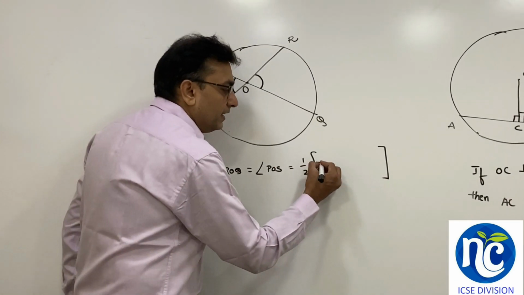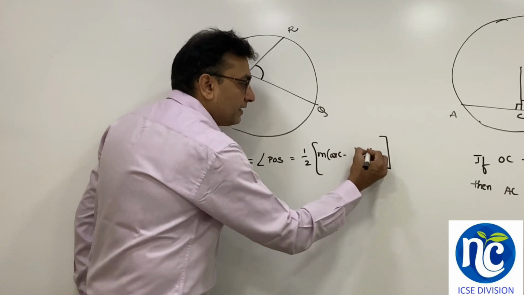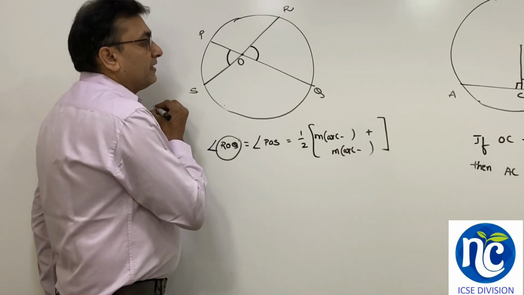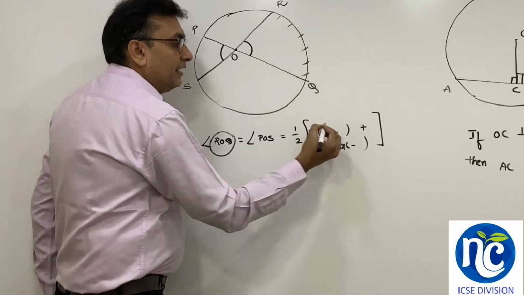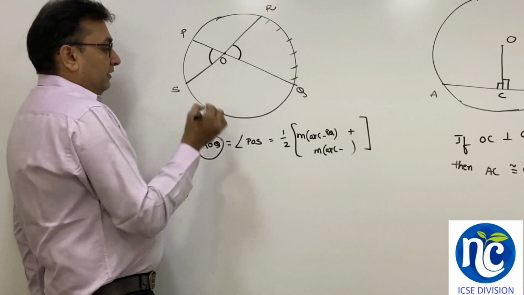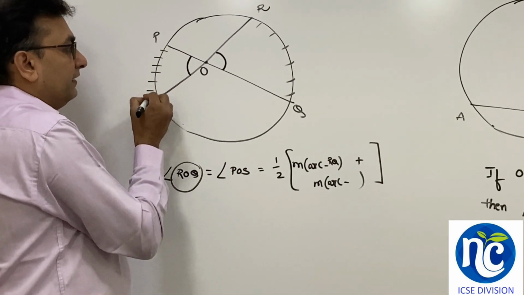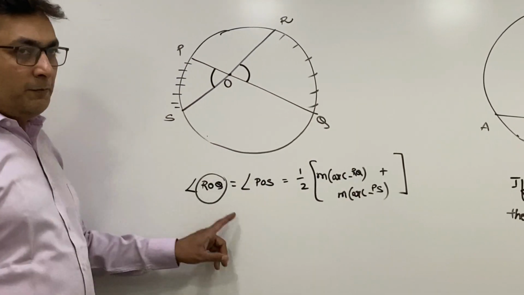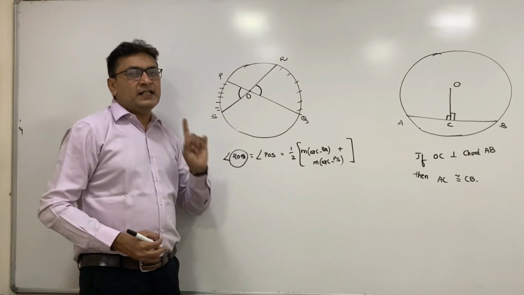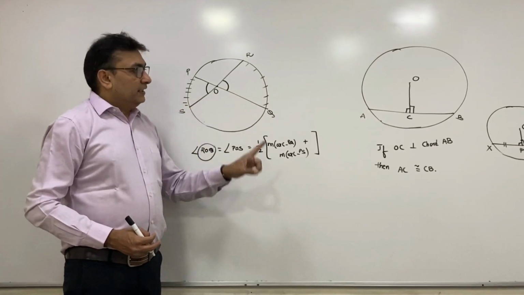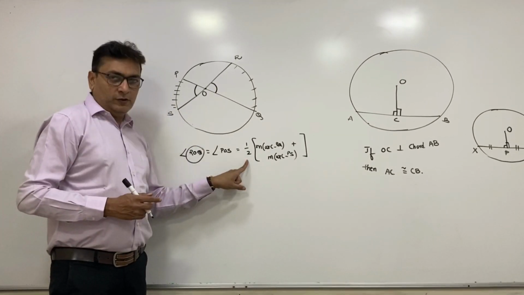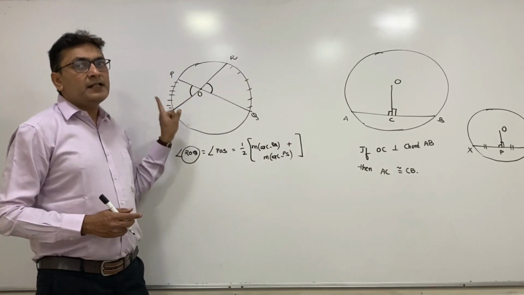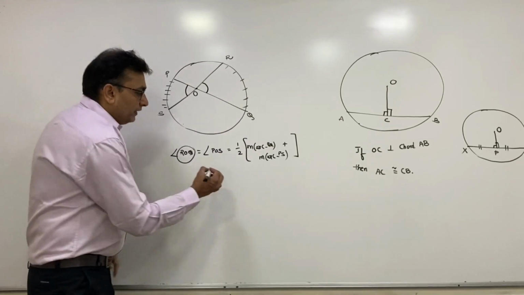Which are the two intercepted arcs? Arcs intercepted by these two angles. Which arc does ROQ intercept? RQ. Then which arc does POS intercept? Can I say angle POS intercepts PS. So the property: when two chords intersect each other internally, the angle formed is half of the sum of the two intercepted arcs. Now if you have understood,